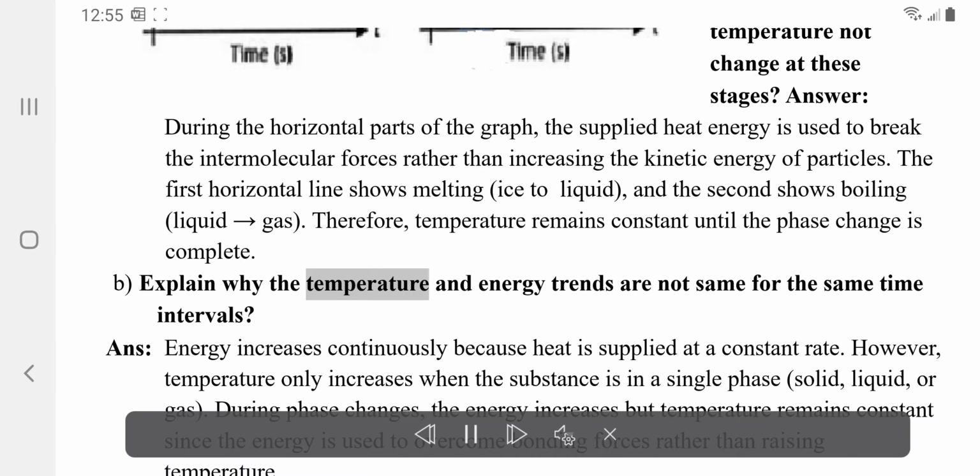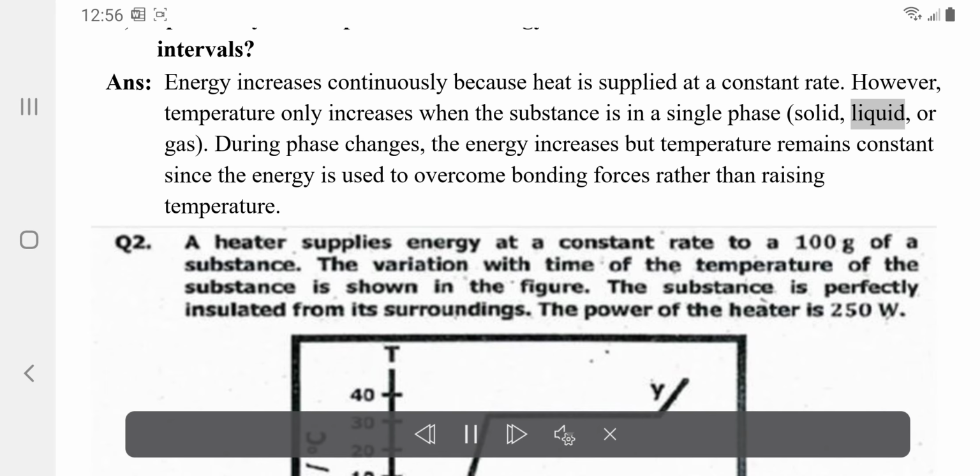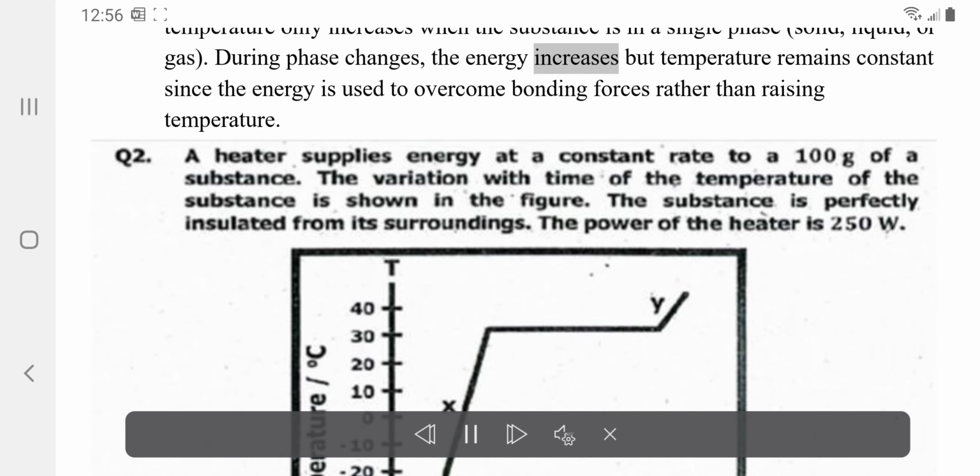Explain why the temperature and energy trends are not the same for the same time intervals. Answer. Energy increases continuously because heat is supplied at a constant rate. However, temperature only increases when the substance is in a single phase, solid, liquid, or gas. During phase changes, the energy increases, but temperature remains constant since the energy is used to overcome bonding forces rather